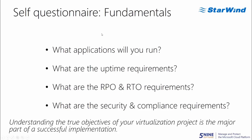So first, the fundamentals. Every time the virtualization project starts, there are some questions which need to be asked 100%. Otherwise, the whole project may not run smooth or may end up in a very unexpected way. So first of all, you need to know what applications will you actually run on that platform. I've seen a lot of